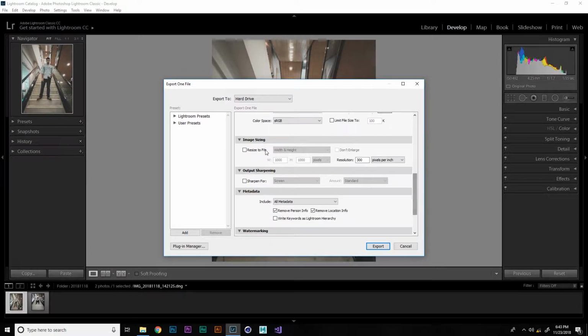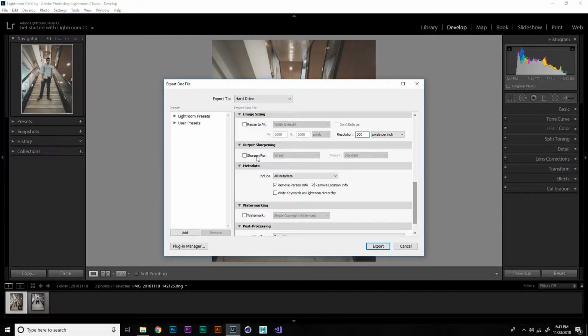Next is image resizing. If you want a specific height and width, it's gonna resize, and choose a resolution. Resolution, always try keeping it at 300. That's the best resolution possible. Sharpen for, if you want an output sharpening, I do not use it personally, so I just leave it like that. You can play around with it if you'd like to. Screen, matte paper, glossy paper, that's for print basically, and I do not print pictures, so that's useless for me